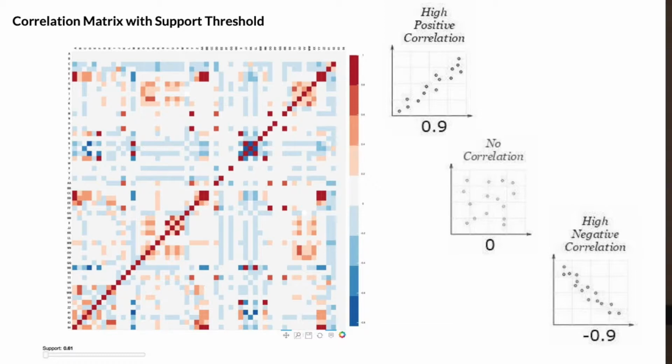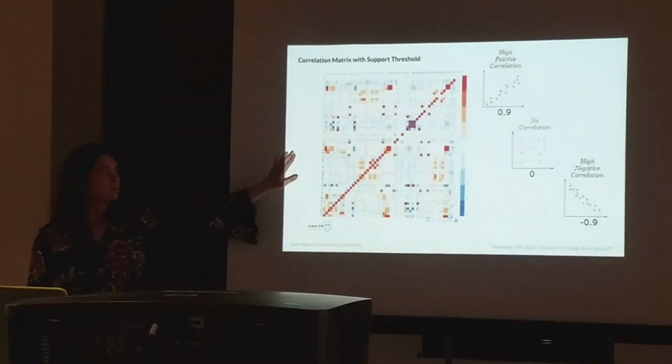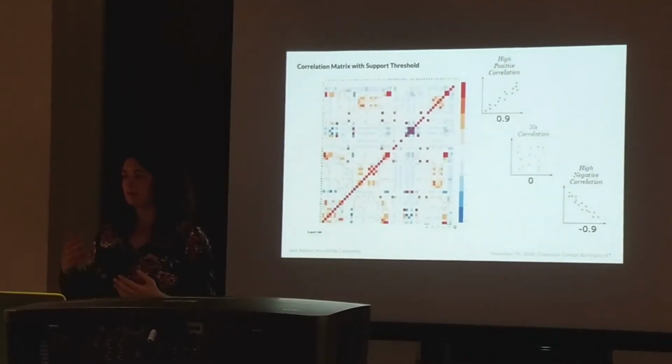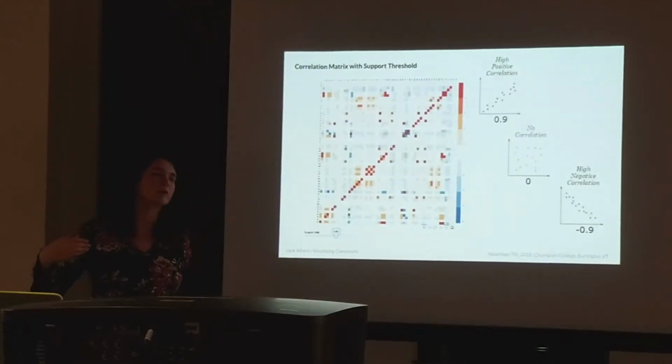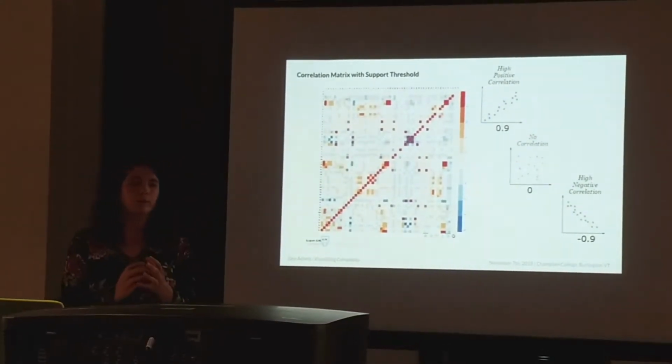And so if that one person answers true to both of these rarely asked questions, that means that our correlation is very high, but it's not well supported because only one person answered it. So by adding this slider in, we're able to block out those values that look like they're important because they have a really high correlation or anti-correlation, but in actuality they're not useful because it's a very small sampling of the data set.